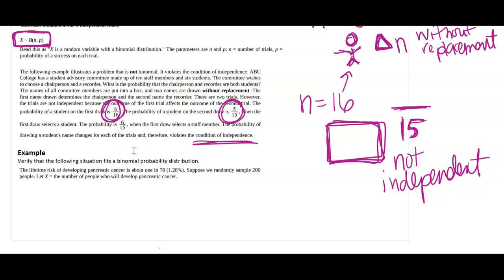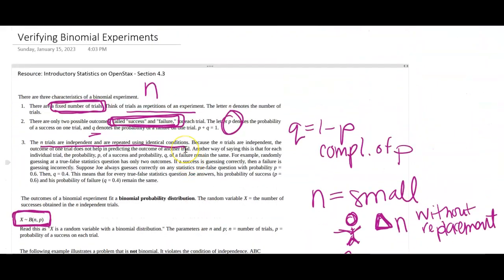All right, so let's verify why this situation here about developing pancreatic cancer is a binomial experiment. The first thing it gives us is that the risk of developing pancreatic cancer is going to be consistent. So our probability in this case is 1 out of 78. And that's a long run frequency for all pancreatic cancer that we know. Since that probability of success is stated and remains the same,